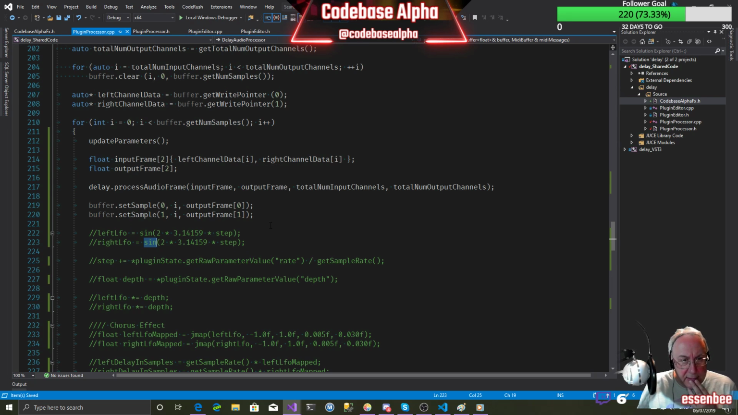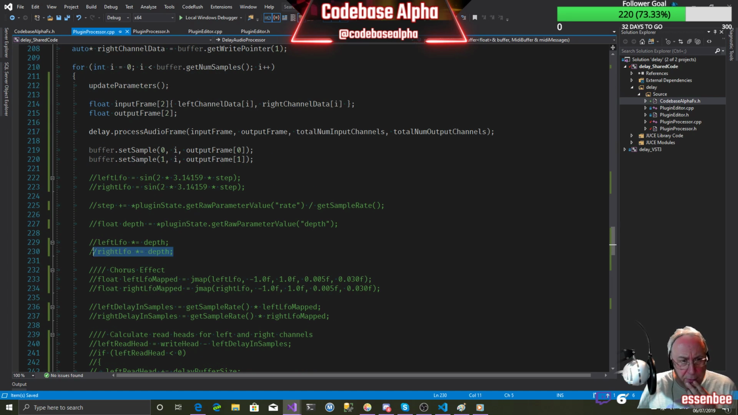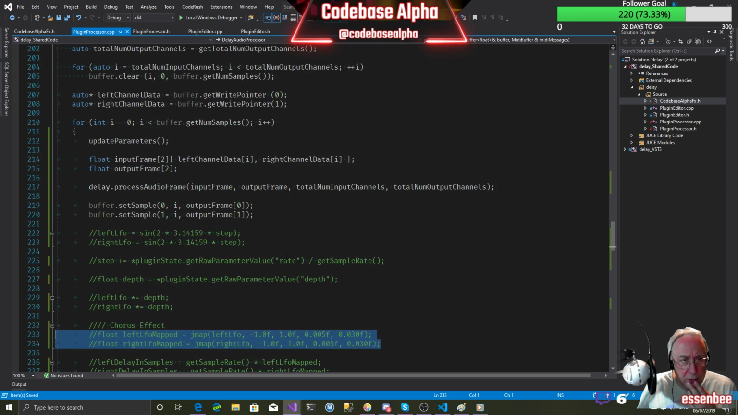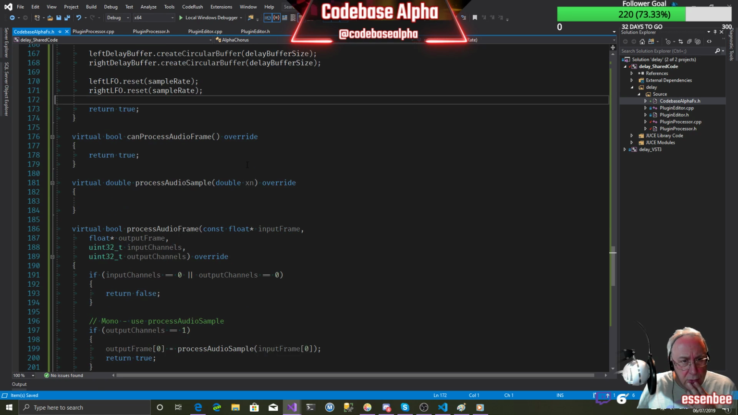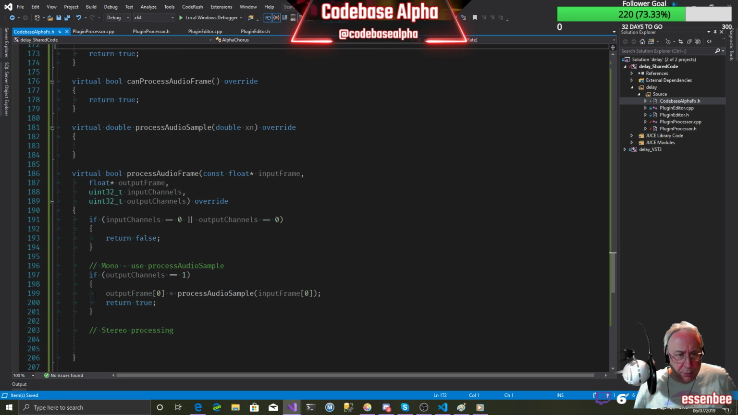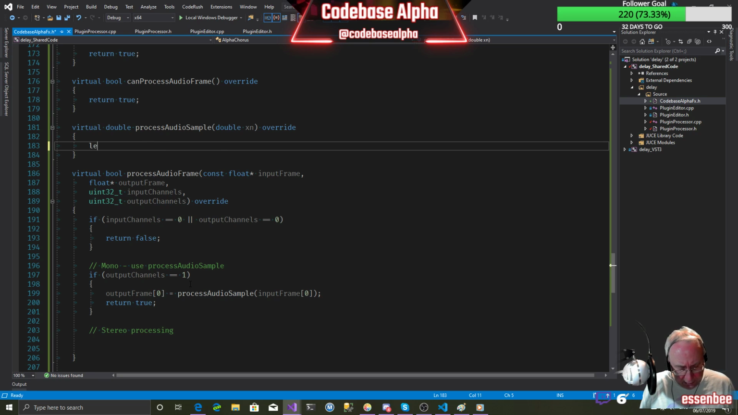Let's go back over here. We multiply by the depth, and then we get the chorus effect here. So we should be good to go. So rate is in hertz. Okay, so we're going to process mono first. So let's set up the LFO. So left LFO dot